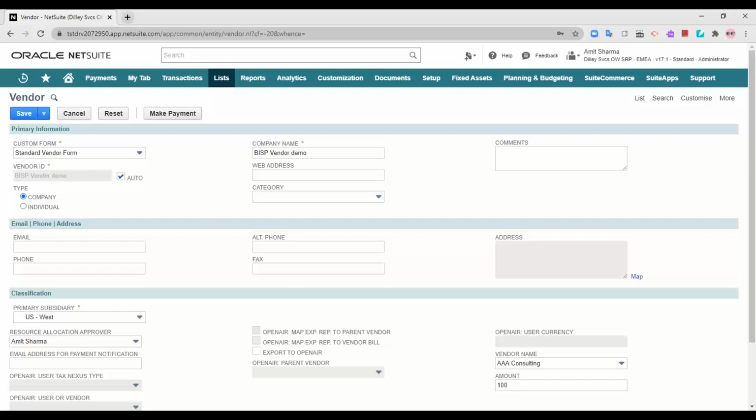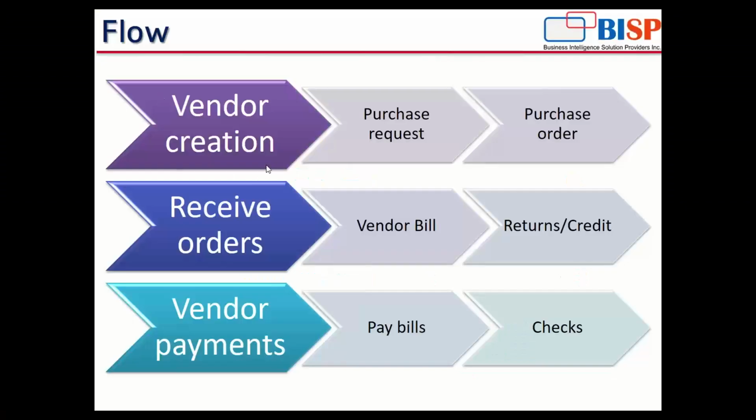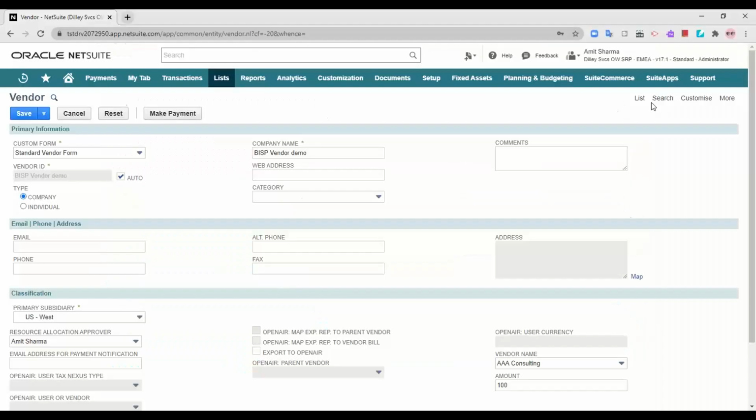Now moving on to our next part. Yes, so once I have created the vendor, the next step is I am going to create a purchase request or create a purchase order. Now it depends, you can create a purchase request, or you can directly create a purchase order, depending on how your organization actually works.